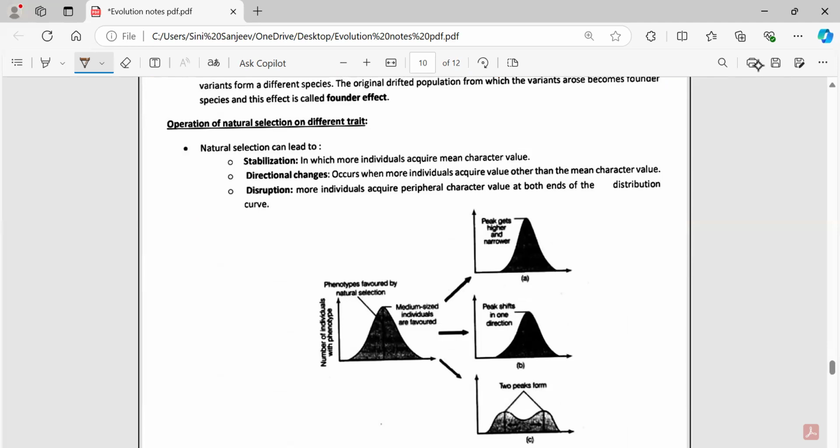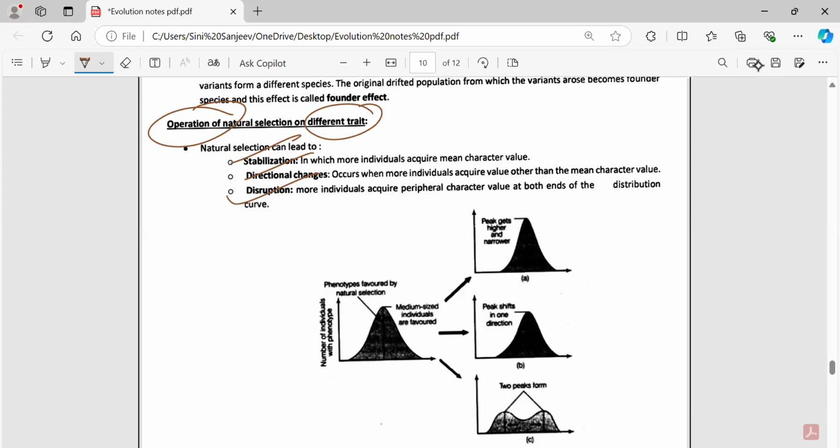And this is all in regard to what? The different traits which you get when there is genetic flow. So what are the three things which you can see over here? Stabilization, directional changes, and disruption. Okay, so what is stabilization? Stabilization usually means stabilizing selection, which happens over there,